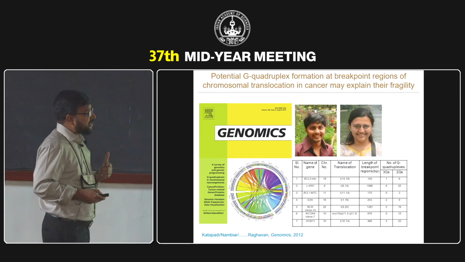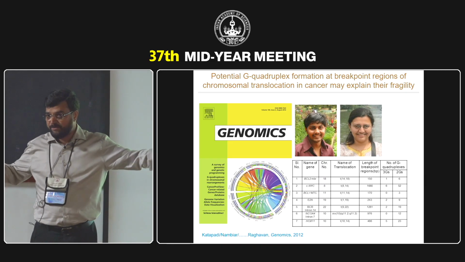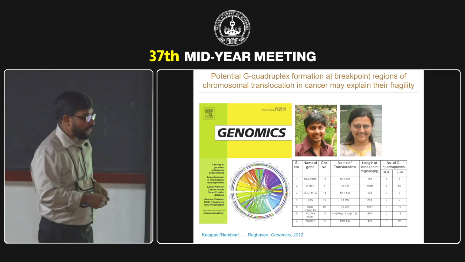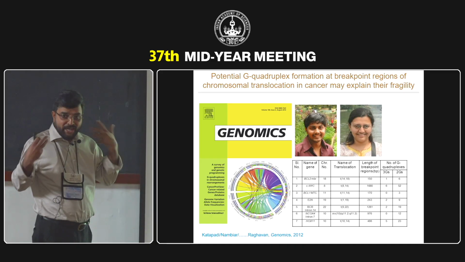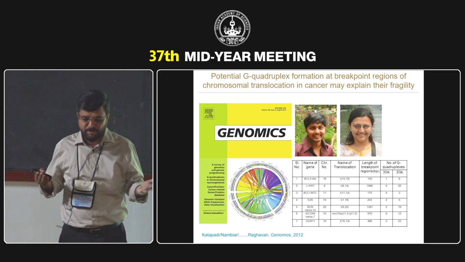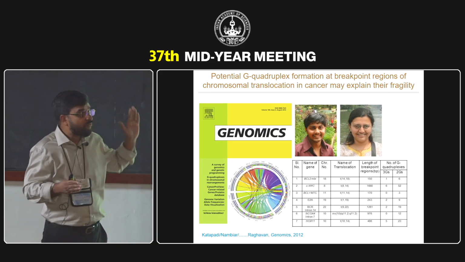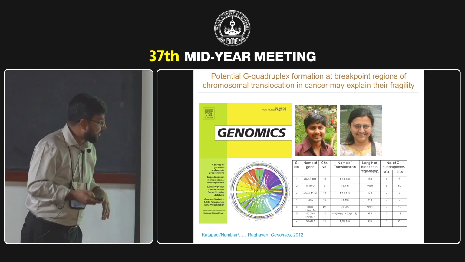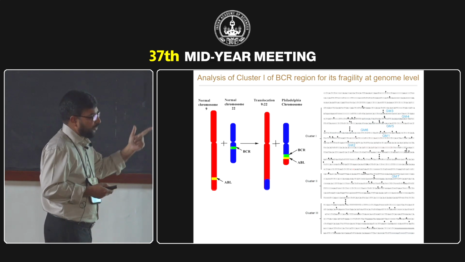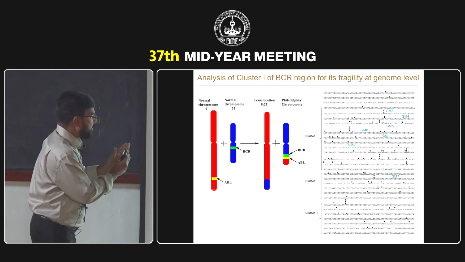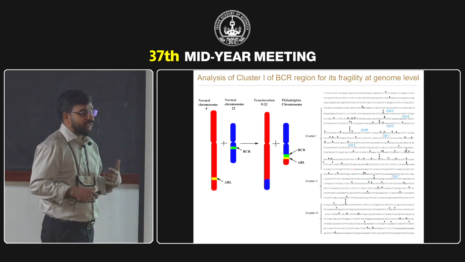And when we tried to look at several translocation junctions, information was already available in the database. We found that not only in the t(14;18) translocation, the BCL2 major breakpoint region, but even other translocation breakpoint regions from patients actually have these sequence motifs that can support formation of such secondary structures. And so that's one of the aspects I want to speak about in the next 3, 4, 5 minutes, where we try to understand how